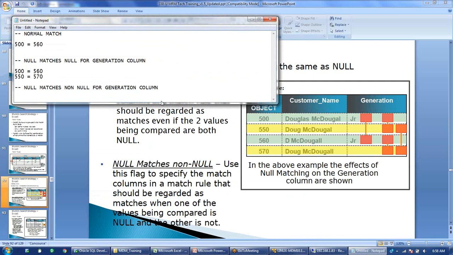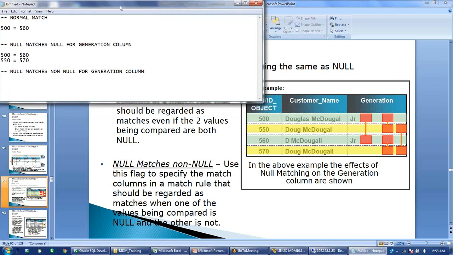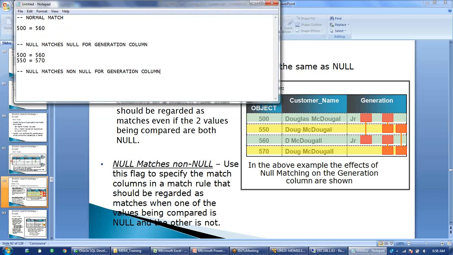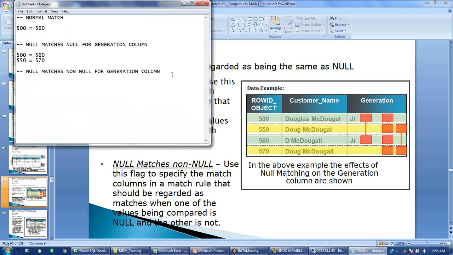So now, for example, if for the generation column we have selected null matches non-null, in this case, again we will have the same thing, 500 will match with 560. That is obvious because the data is matching for them.